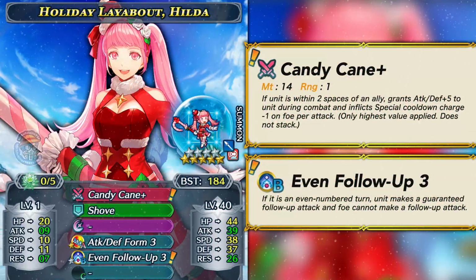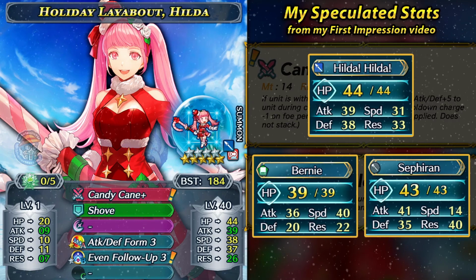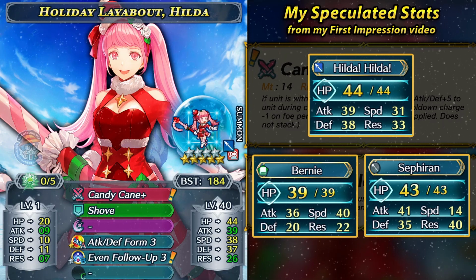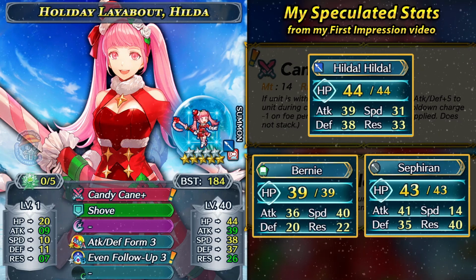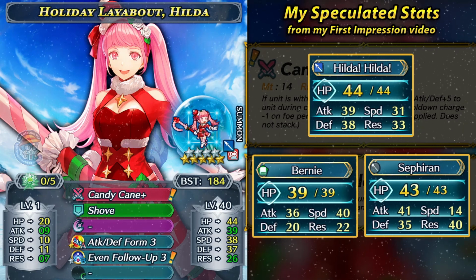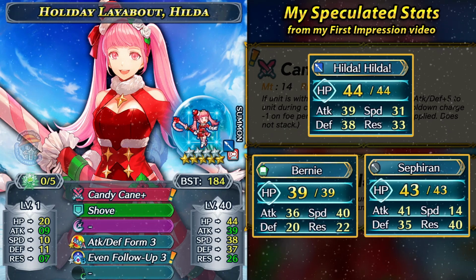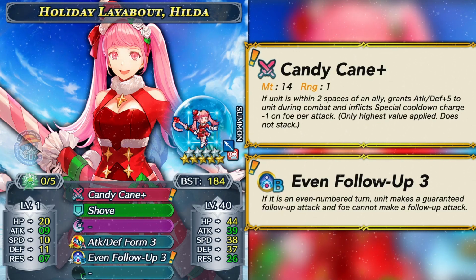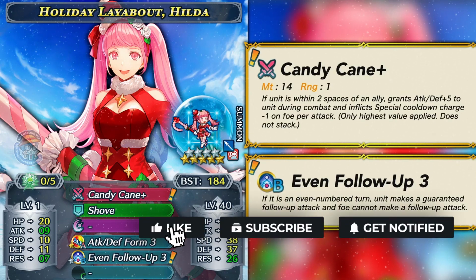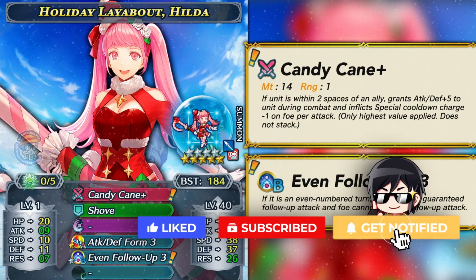Winter Hilda is a Lance Armor unit with 184 BST, and when we saw her in the trailer I thought she would be a bit slow, so I'm just gonna be comparing the speculated stats with the actual stats to see how close I was, and I was pretty on point with her attack and defense, but just fell off when it came to resistance and speed. Definitely didn't expect her to be a fast armor unit, and that's a welcome surprise because this allows her to run stuff like Special Fighter and not get shut down by null follow-up like many armor units do,